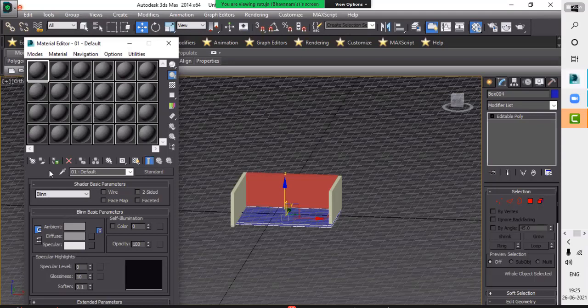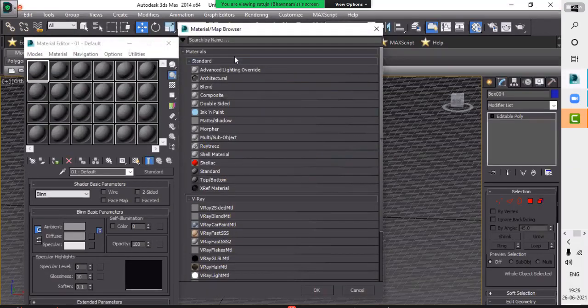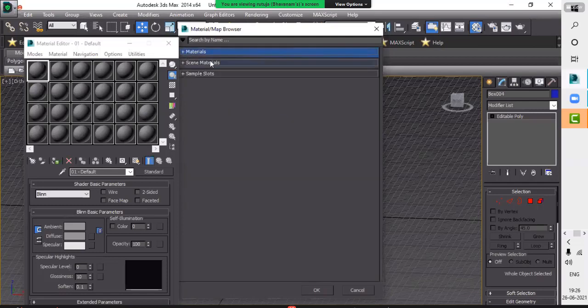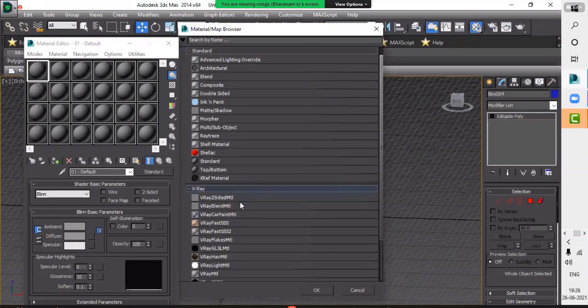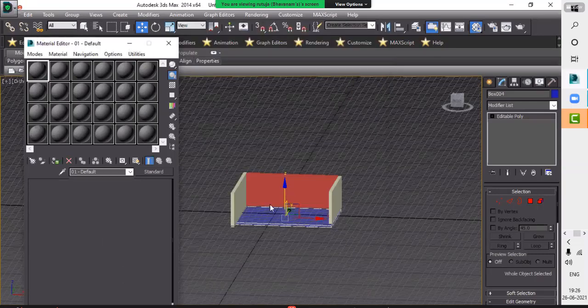Press M and this box will pop up. Go to Standard. When we go to Standard, another box will pop up. That's the material editor. Go to Material and there is V-Ray Material, and press OK.